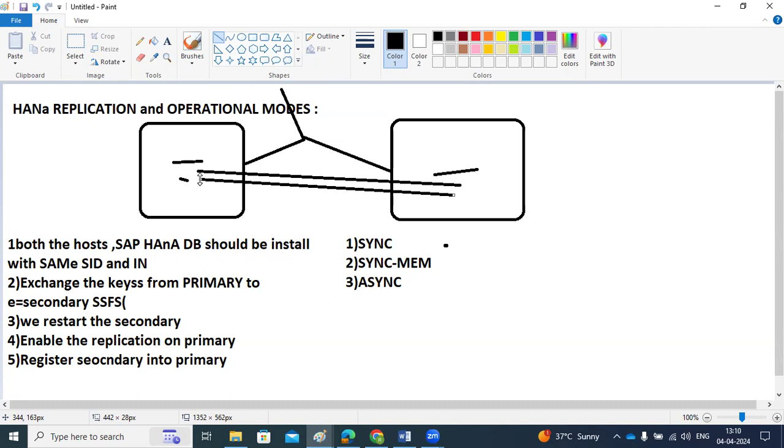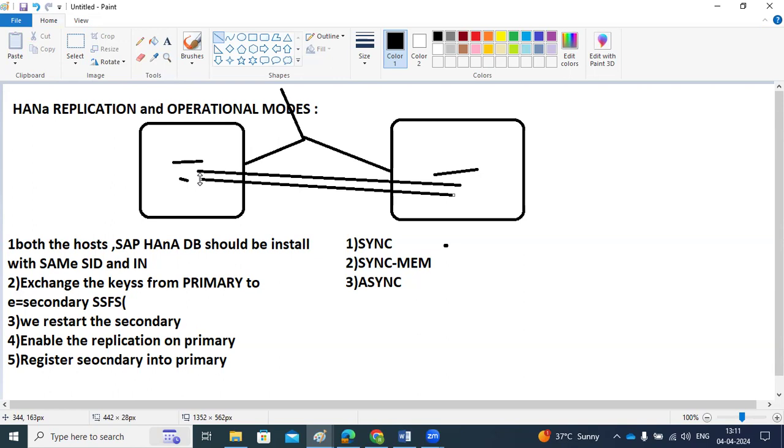Sync means it will receive the acknowledgement, and async means there is no acknowledgement here, right? So the primary system commits the transaction only after the log is replayed on the persisted secondary